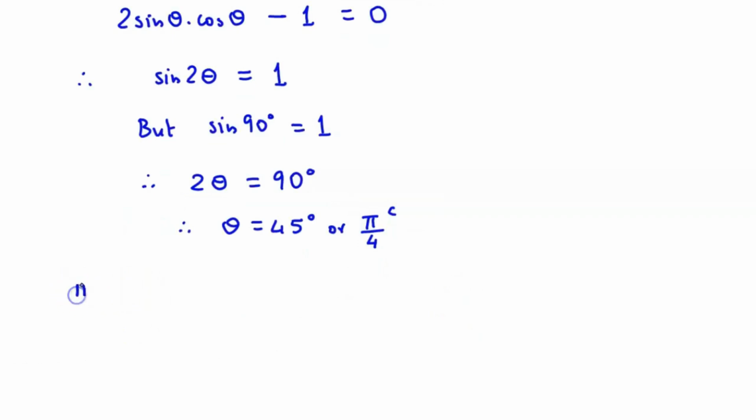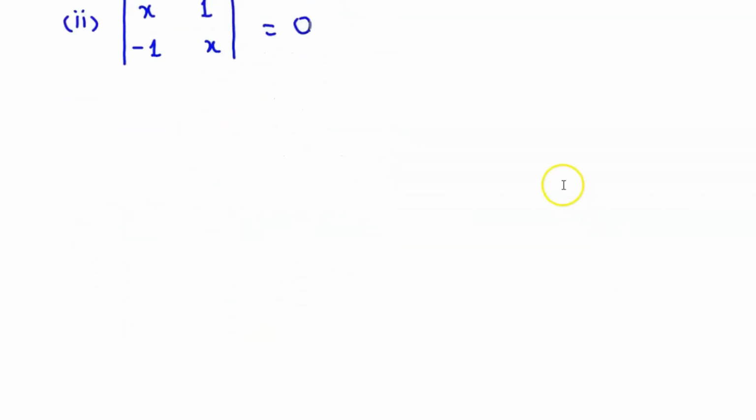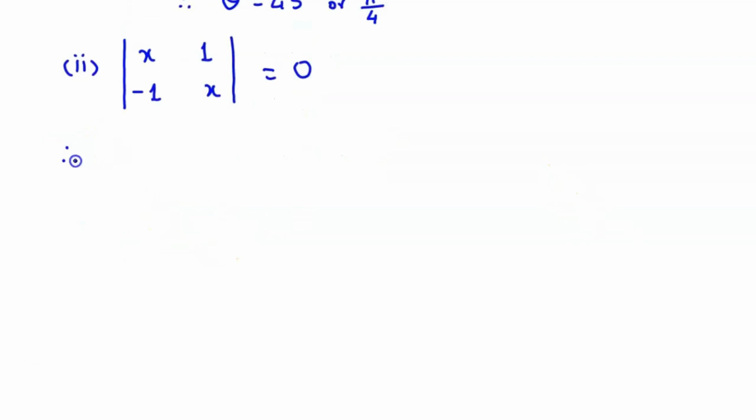Okay, so the second determinant is x, 1, minus 1, x is equal to 0. Okay, now let's solve this. So from here we get x into x, that's x square, minus, now minus 1 into 1, that's minus 1 is equal to 0. So we have x square plus 1 is equal to 0,